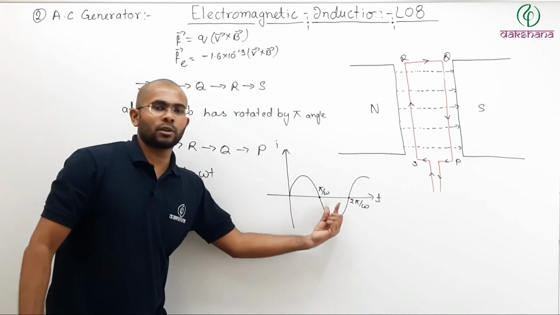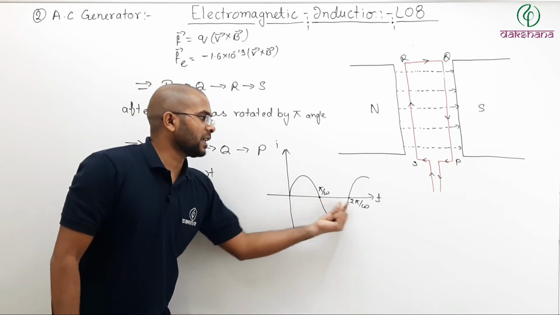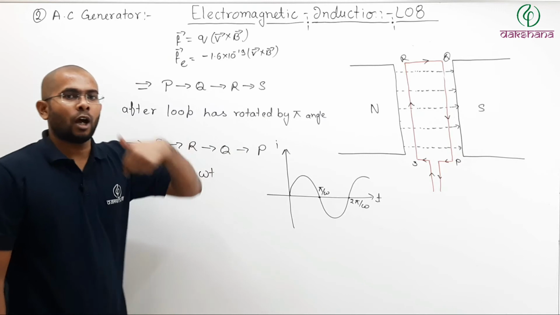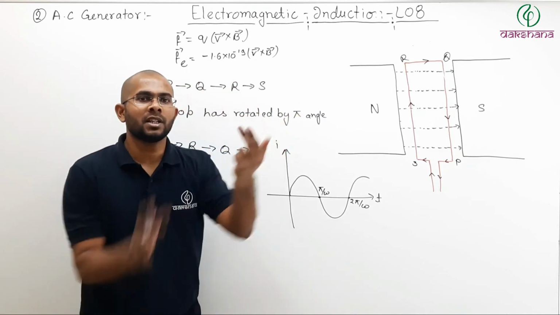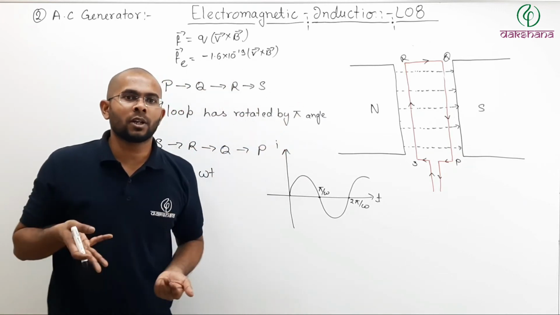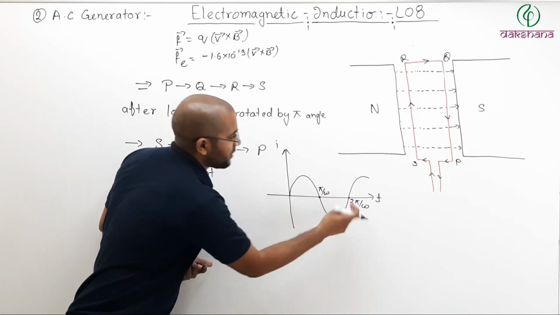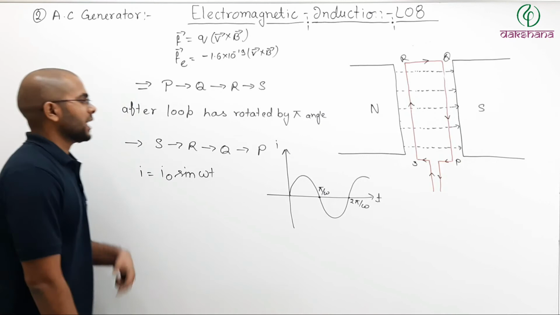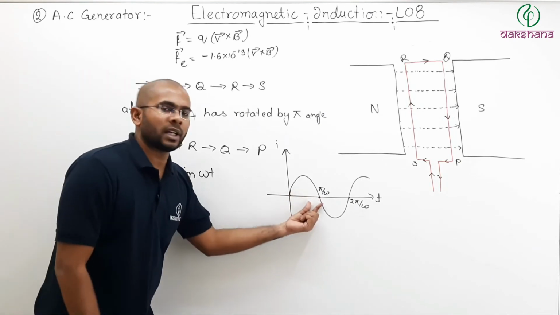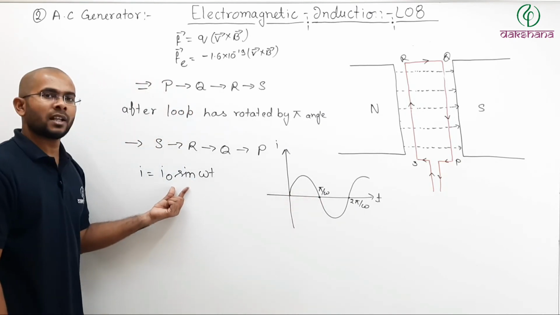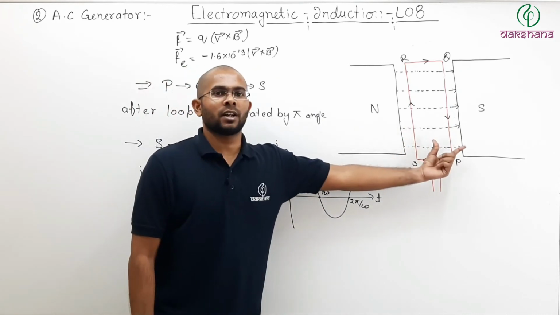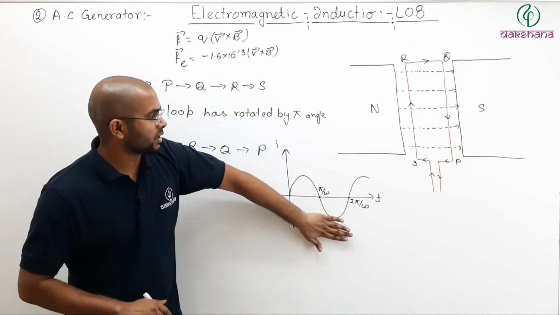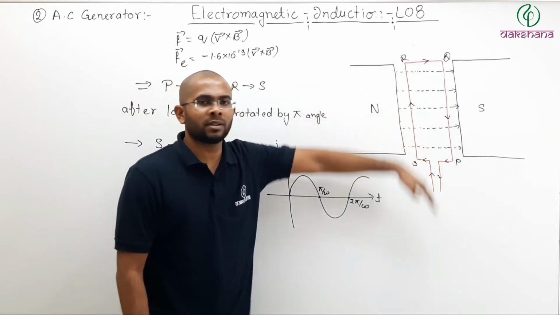So here also you can see every pi by omega time. So every pi rotation, how much time will it take? Pi by omega, because omega is the angular velocity. So after every pi by omega time, your direction of the current is changing. That you can verify from the graph also, from this also, and from this way also. Whichever way you can verify. So whatever is your result, it should be verifiable with all the three ways.